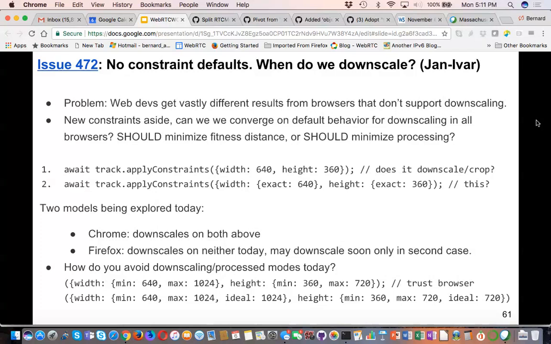Follow-up question then: the spec currently allows implementations to not downscale at all. Is that acceptable? What's the effect on those browsers? How do you plan to handle that difference? So when you say allows, you mean violates a should when it doesn't implement that? I think shoulds are things that the specs need to do. It's a should. The spec does not say you should downscale.